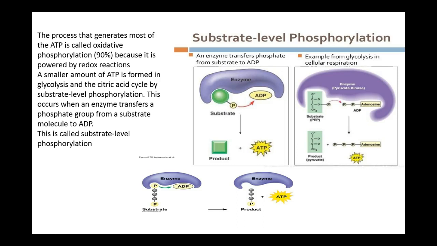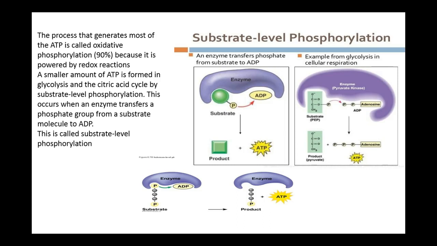And it's because of these redox reactions where you have a tremendous amount of shifting. Remember, every time there's a shift or a change in bonds, there's going to be a loss of energy, and that energy then can be used to fuel another reaction if need be. A smaller amount of ATP is made in glycolysis